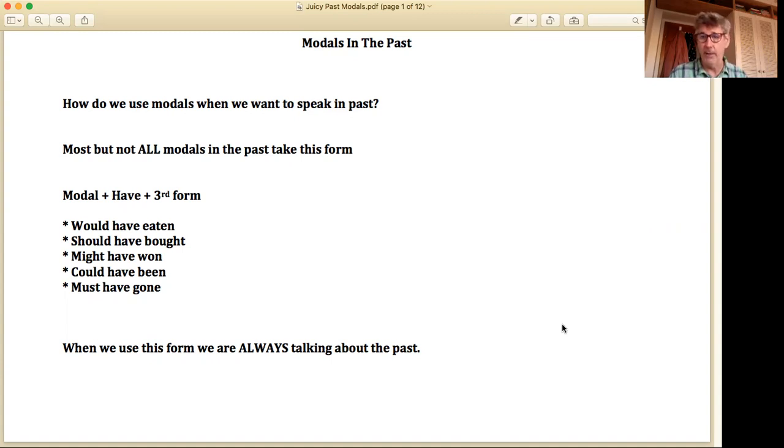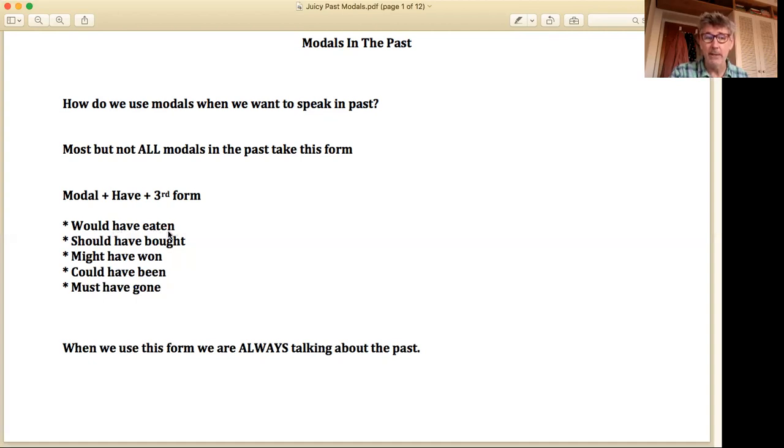also the third conditional. And again, with the third conditional, remember, it's all in the past. In the main clause, we have a modal, and then we use have, which you can see here with my cursor, and then the third form of the verb. We use this same structure to express or use modals when we're speaking about something that happened in the past. And it doesn't matter if it happened 20 years ago or 100 years ago or 5 minutes ago. If it's a finished thing from the past and we want to use a modal, very often, and there are a few exceptions we're going to talk about at the end, we're going to use the modal plus have plus the third form. Again, this is essentially the main clause of the third conditional, and so it looks like this: